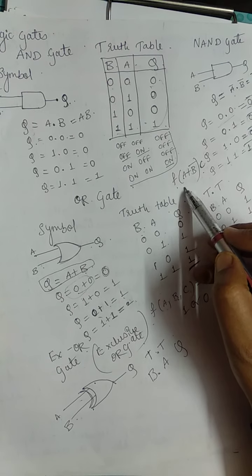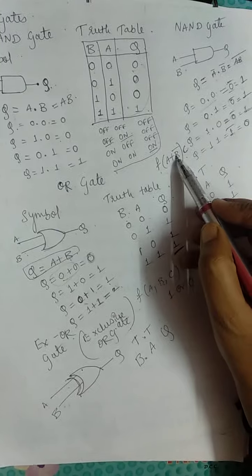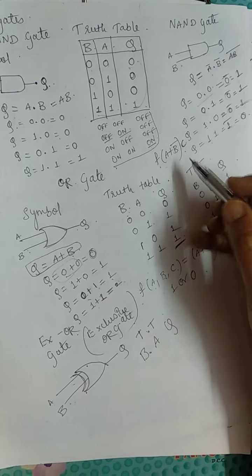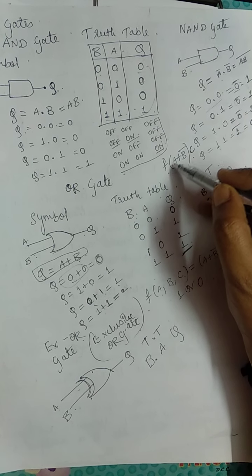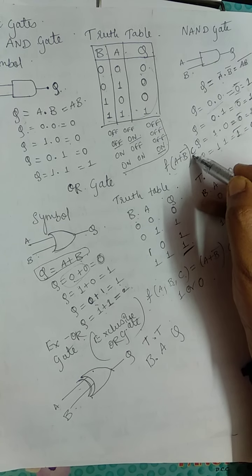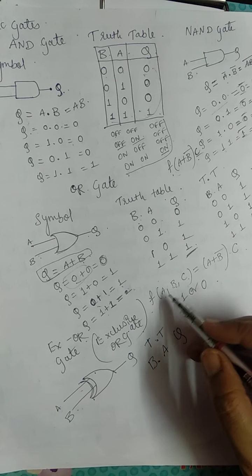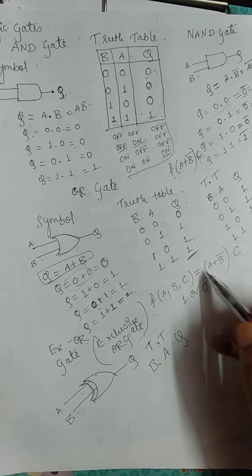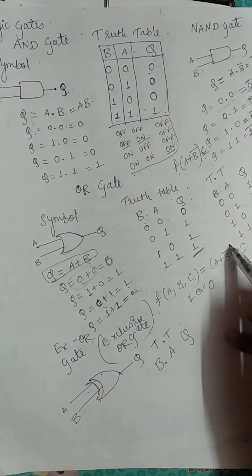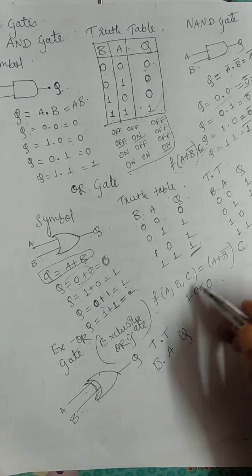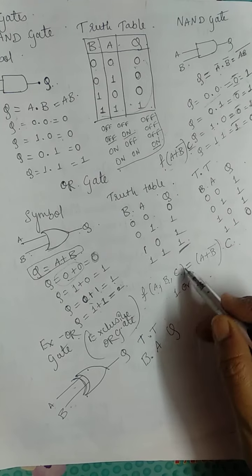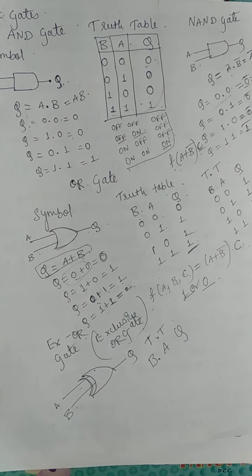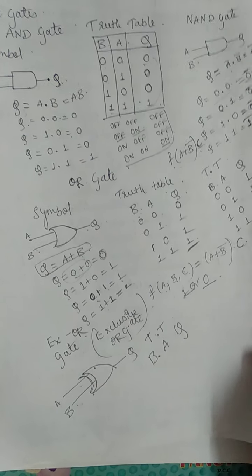How will we write the Boolean function? f of (a plus b bar) into c, or else we can write it as f of (a, b, c) equals a plus b bar into c. The values of a, b, c may be 1 or 0. So the next gate we'll study is the